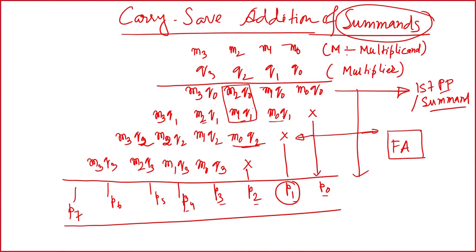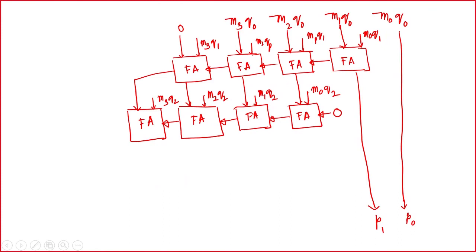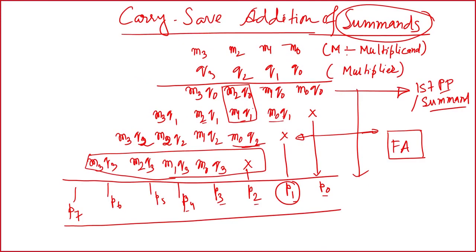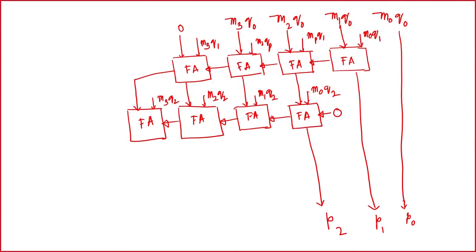Now, we have another summand. So, therefore, again we have to leave it here. So, this will give you results P0, P1, P2, we can check it. P0, P1, P2 will start with M0 Q2, M2 Q0, M1 Q1. Okay. So, M2 Q0 we got it, M1 Q1 we got it, M0 Q2 we got it. So, this will give you P2.